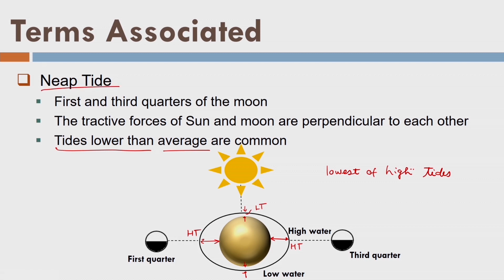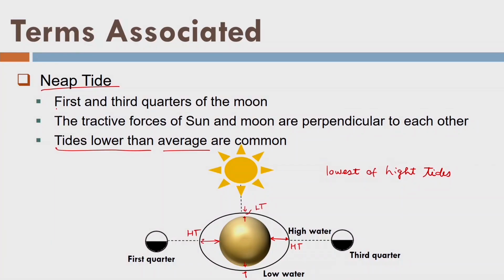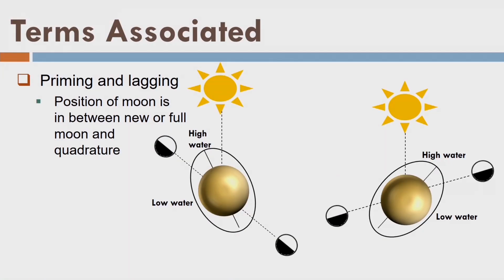Now we understood why tides are coming, why the water level is rising, why there is a variation in the tide level, when we have maximum tide, when we have minimum tide, or the lowest tide or highest tide. At this stage, we should also know what is the frequency of the tide at a place on surface of earth. Here you can read it. The position of the moon at third and first quarter are creating the neap tides. There is another phenomenon called priming and lagging. When the position of the moon is from the lowest tide towards the high tide, this is called the priming, and the position of the moon from the high tide to low tide is called lagging. These are the fixed terms here.